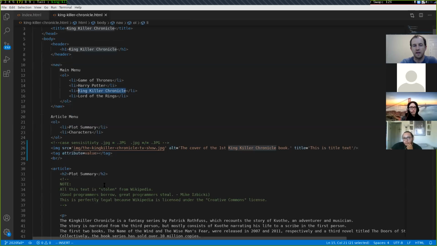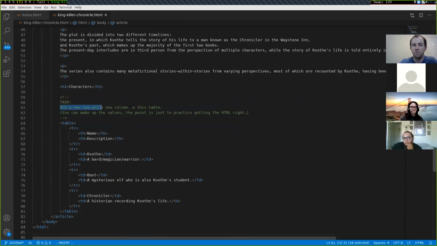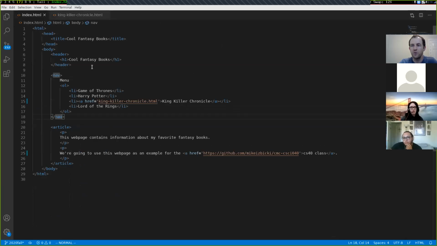So that first task is, I have it written down here, adding a new row and column to this table. Again, you don't have to care about the contents of those. It doesn't have to make sense when you read it. Just make sure that it's getting displayed correctly as a table when you view it in Firefox. That's the first task. And then the second task is to create a new HTML file for one of these other